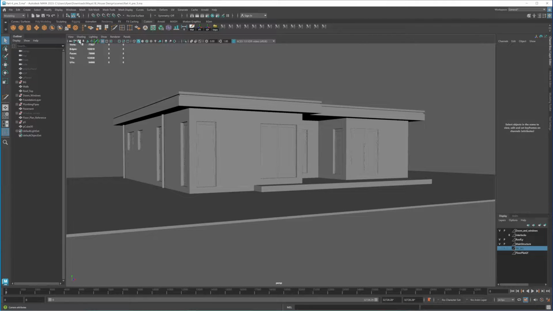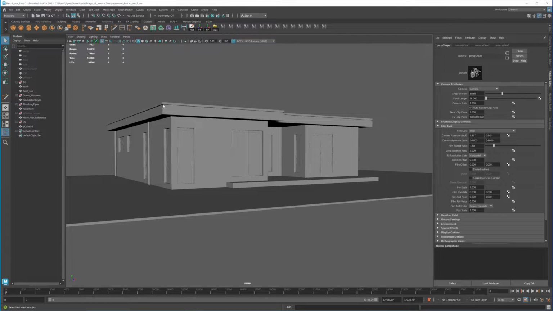Also, I need to mention that in my camera I set my focal length a little bit wide. I made it 38, which is what I normally use when I'm doing architectural visualization like this. I normally set it between 35 to 44, so we have a wider lens.